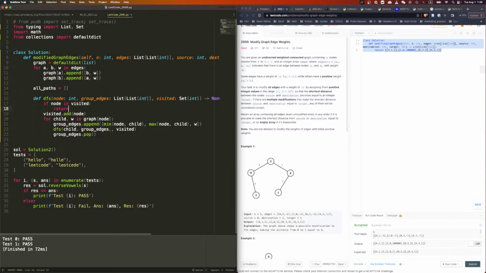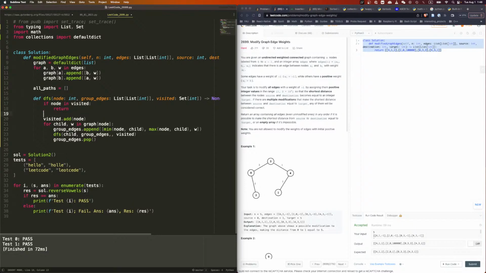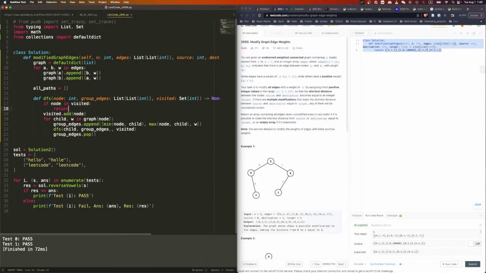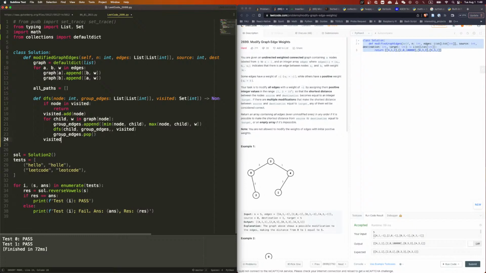So of course, we also need to say if node visited, we'll return, and otherwise we'll add it. Group edges need to do this, and the visited need to pop as well. At the end, visited dot remove. We have to remove node as well,